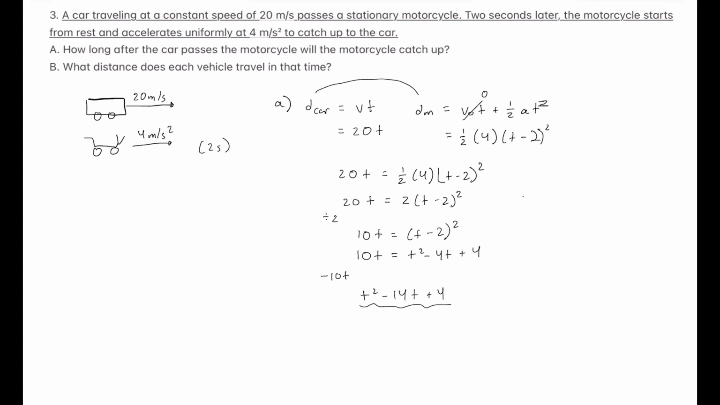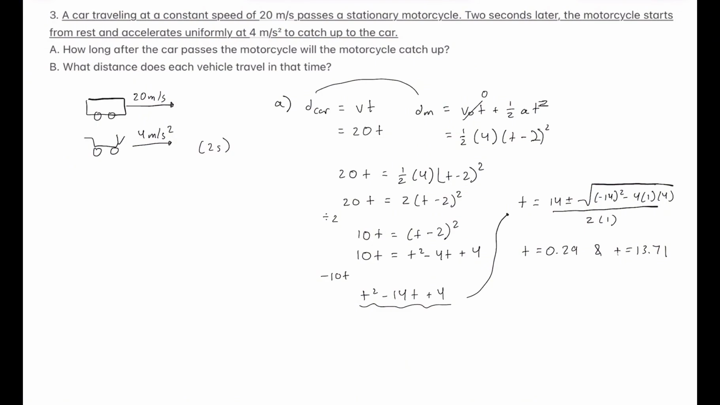Now we can find t by using the quadratic formula. So t is equal to 14 plus or minus the square root of (negative 14) squared minus 4 times 1 times 4, over 2 times 1. If we put this into our calculator, we get that t is equal to 0.29 and t is equal to